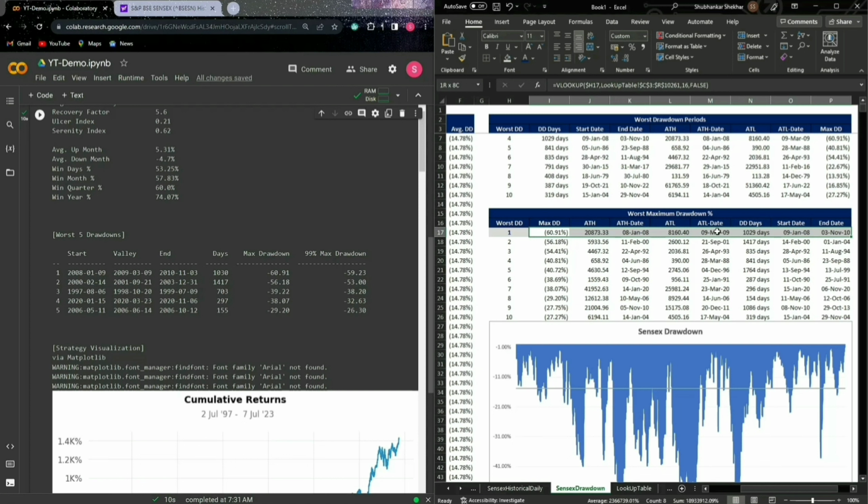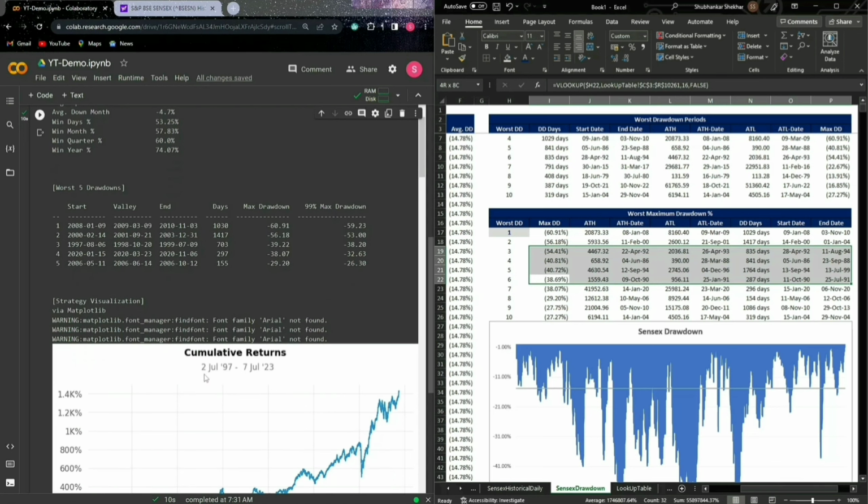One thing you might have noticed is that this minus 39.22% you can't find anywhere here. The next one is 38.07%, which happens to be from here. So these numbers cannot be found in Python, and the reason is very simple. The data taken here is from 2nd July 1997.